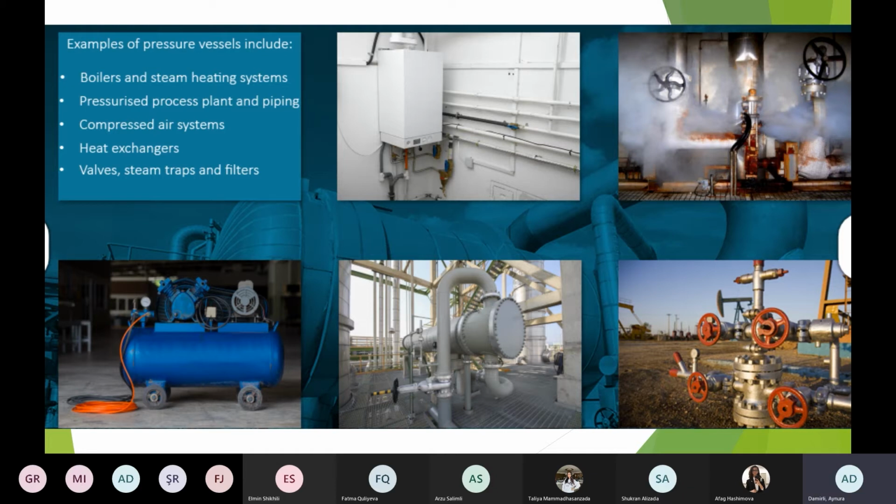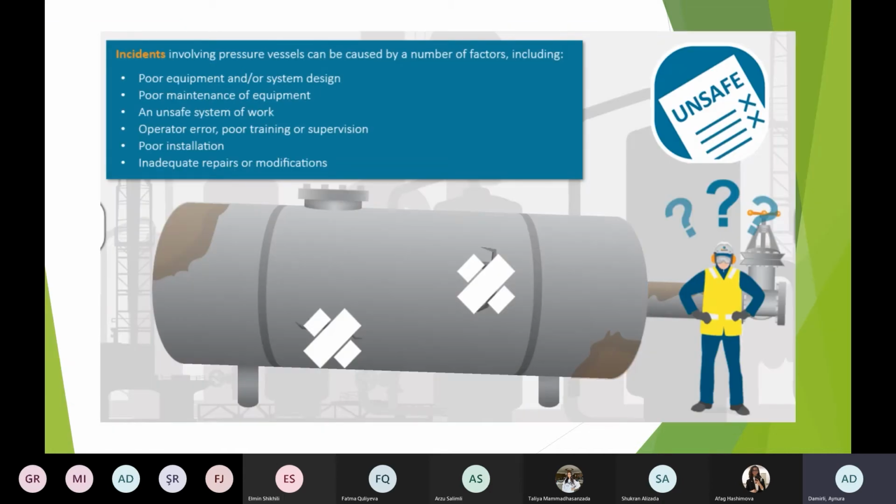So for me, as a pressure systems integrity engineer, the main focus area is that all these types of equipment are safe on site and nothing will happen during my monitoring and my predicted time. So what incidents happen if I am not inspecting, I'm not monitoring my equipment on time on site? So it's a poor equipment